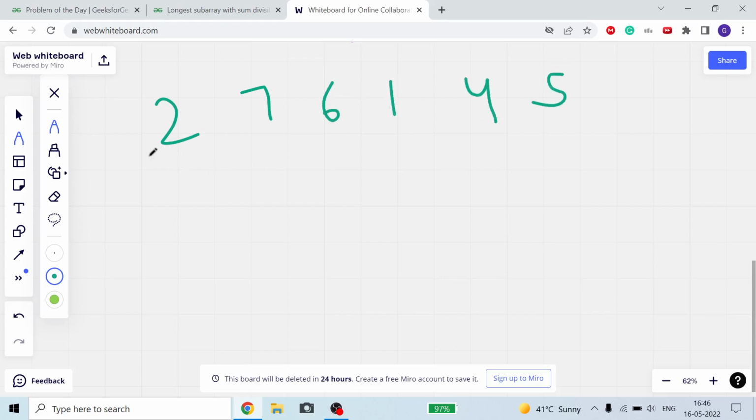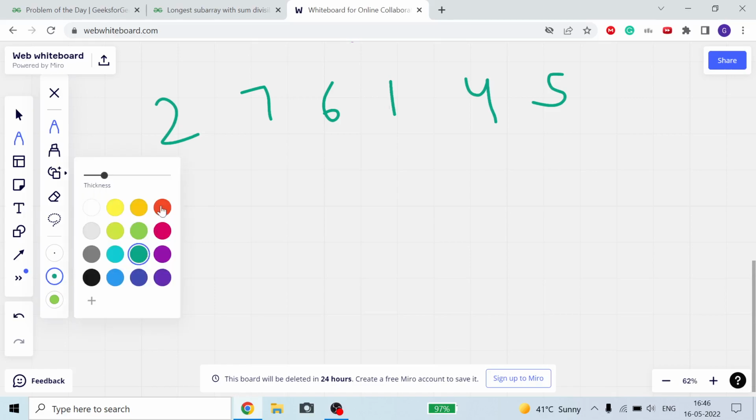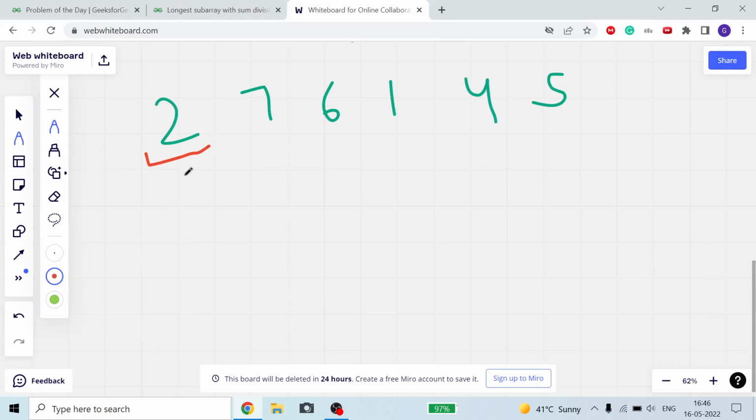Suppose 2 7 6 1 5. From the start this is 2, and our k is 3 here. So we take 2 modulo 3, and we are storing it in a map. In the map we have remainder 2 at index 0.